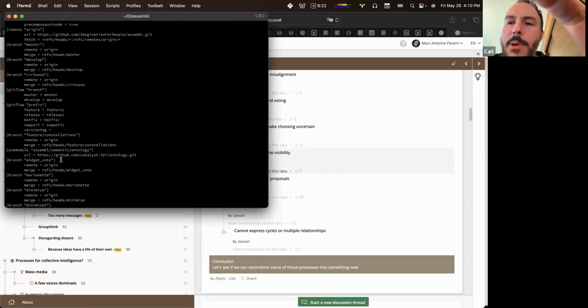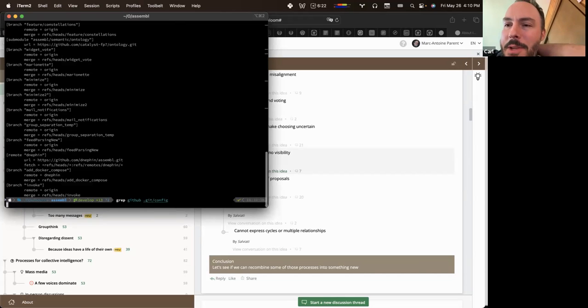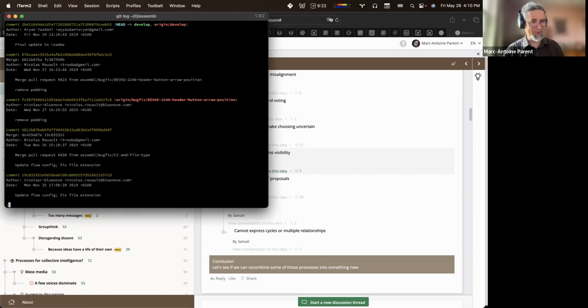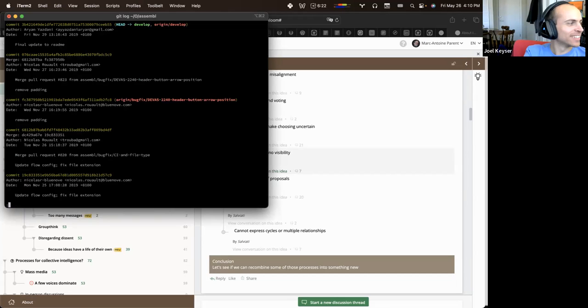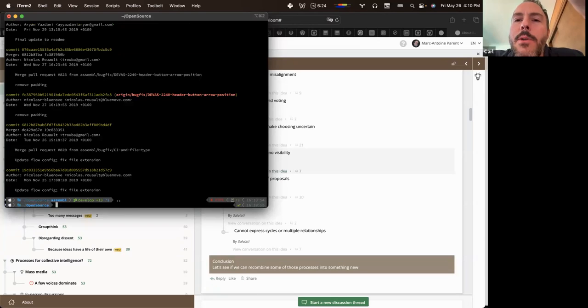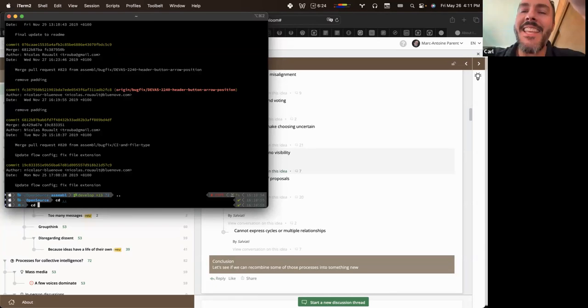It says a lot about them that they prefer to find out the most recent commit through the command line instead of going to the GitLab UI or the web page. Oh my God, this is the imagination for people branch? Oh, that's old. Final update to README in 2019. Is that what you have? No, you have more recent. Oh, they called it the final update? That's so ominous. Oh, yeah, final update.